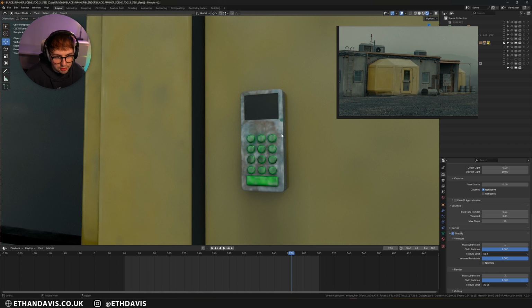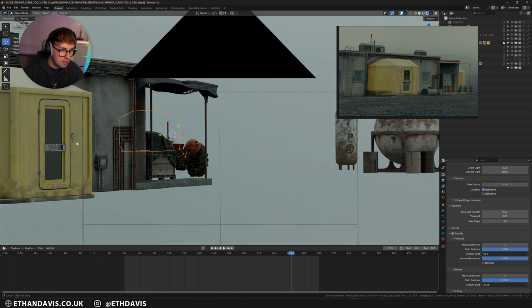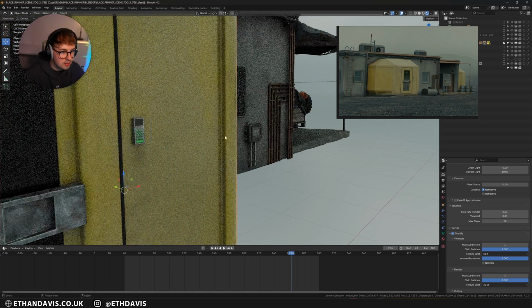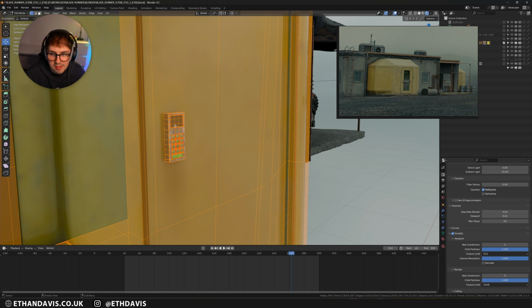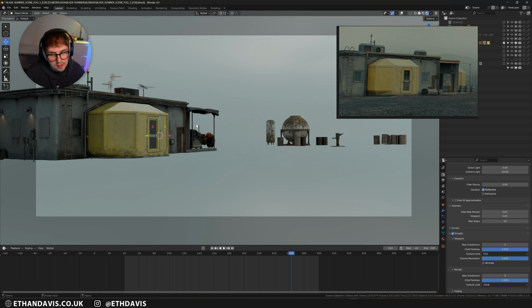Obviously some of the things didn't need to be that detailed. If the camera's here, like this keypad does not have to be the greatest thing in the world, so that's why it really isn't that detailed. And if I go into the mesh, you can see it's not detailed at all, but from camera view it works. So I think once you know your camera angle and you know your animation, that really allows you to be very performance based in how you model and how you texture. I think that was a good thing for this animation.